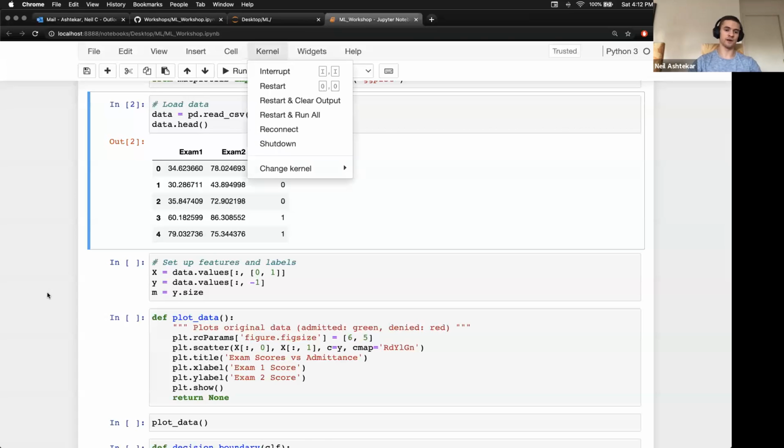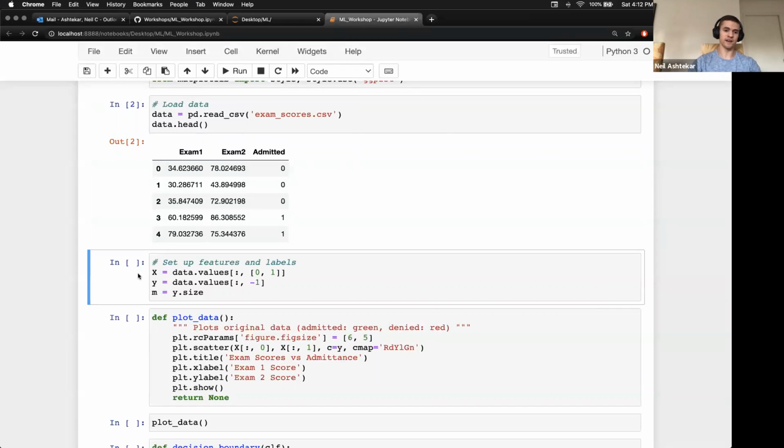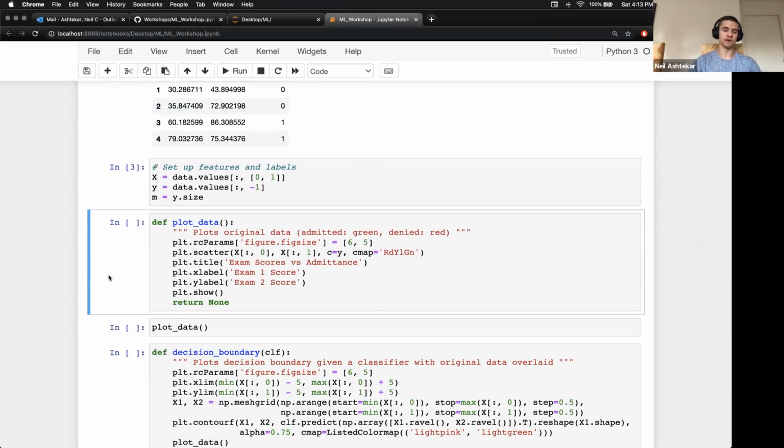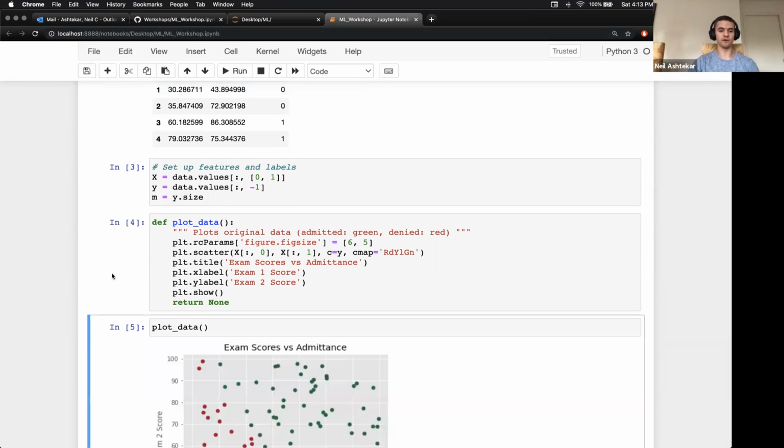All right, so next we're going to go to this next cell. And so this next cell basically sets up the data nicely so that we have the exam scores in a matrix called X and the admittance data in a vector called Y. And so we're going to run that. And then we're going to define this plot data function. And again, to run a cell, it's just command enter, or you can hit run up here. And so finally, we're going to call this plot data